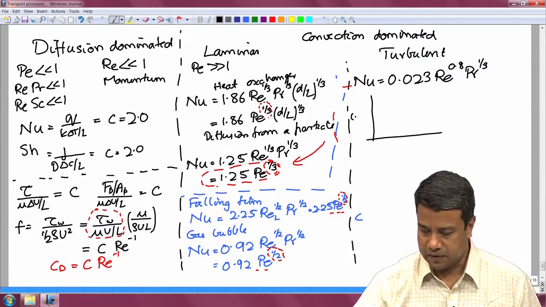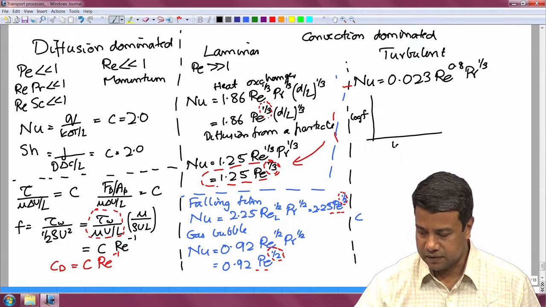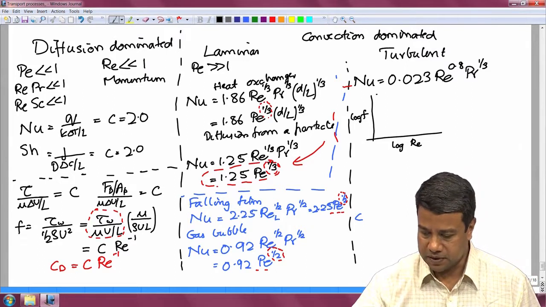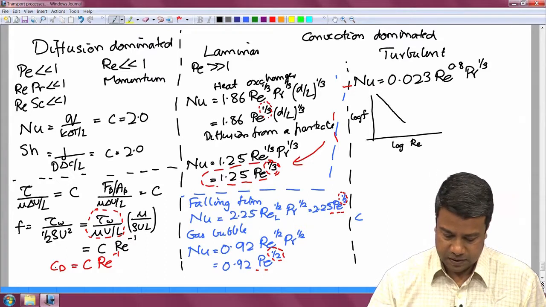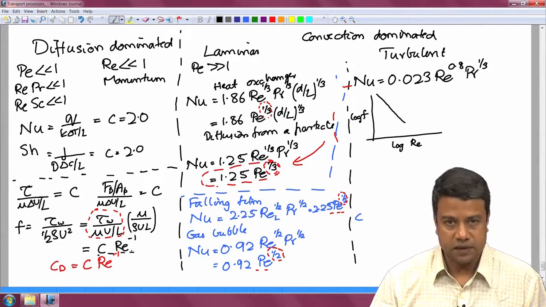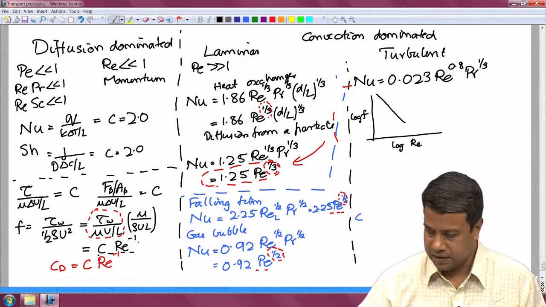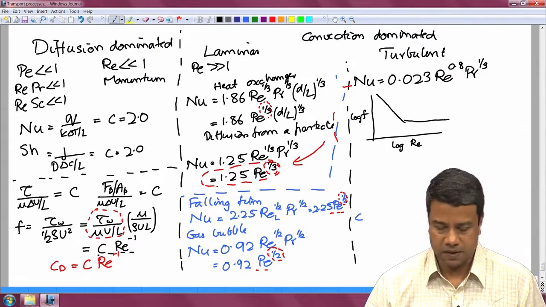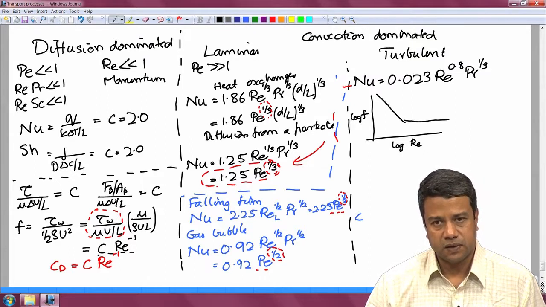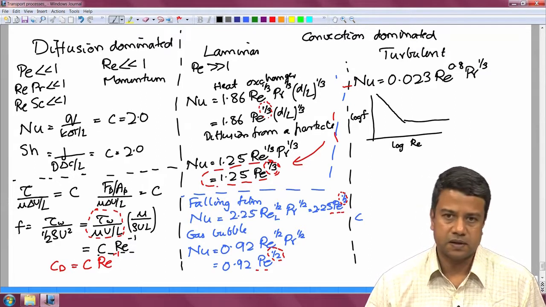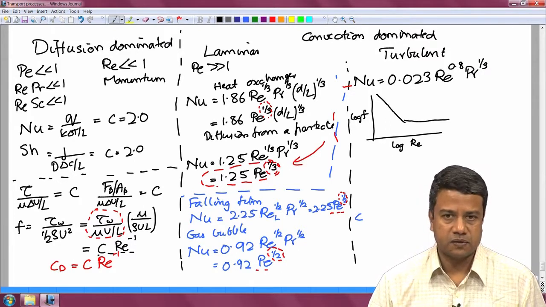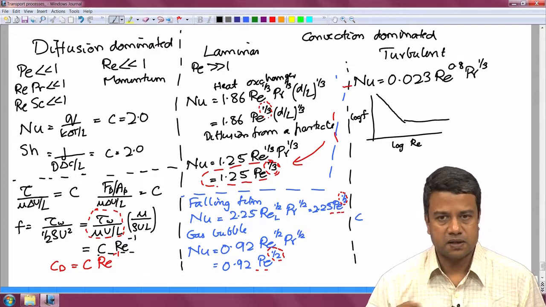If I plot log of friction factor versus log of Reynolds number, for a laminar flow, this goes as 1 over Re, because it has to scale as the inverse of Re over here. For a turbulent flow, at some point it undergoes a transition to some other value. That value does depend upon the exact configuration. So, the correlations in a turbulent flow are different from those in a laminar flow, and the transport rates